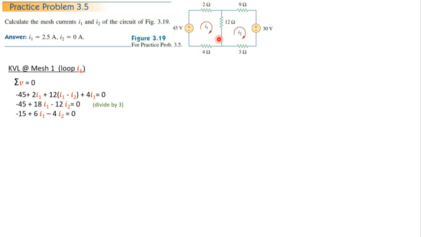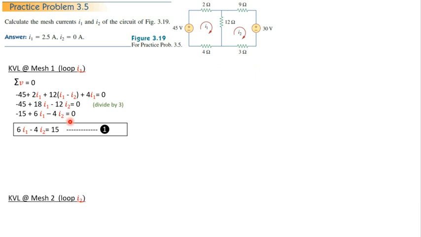We're going to go with the loop. We're going to go with anything entering the negative becomes negative. So, since the loop is going in this direction, it's going to enter the negative right here. It's going to be negative 45 plus 2I1 plus 12 in brackets I1 minus I2, which is the other loop, because it's between both of them, plus 4I1, and make it equal to 0. After getting this, we simplify the equation and divide by 3, and eventually we'll get to this equation right here,